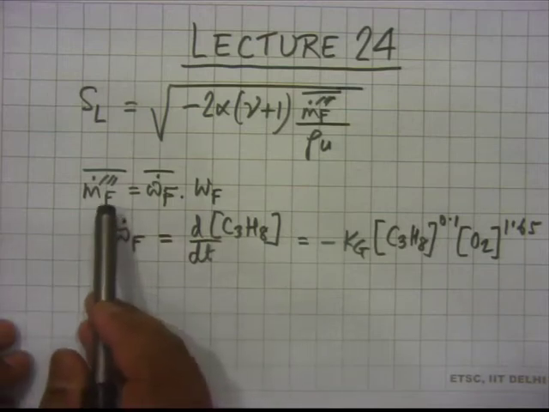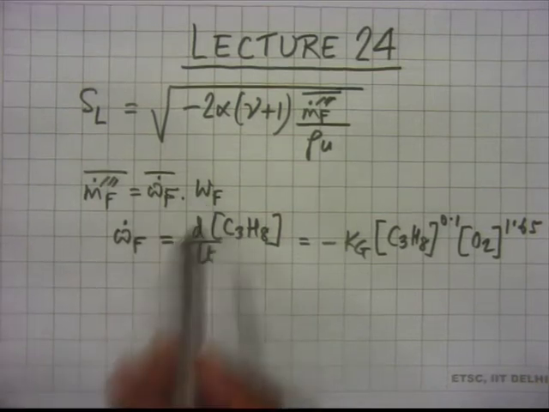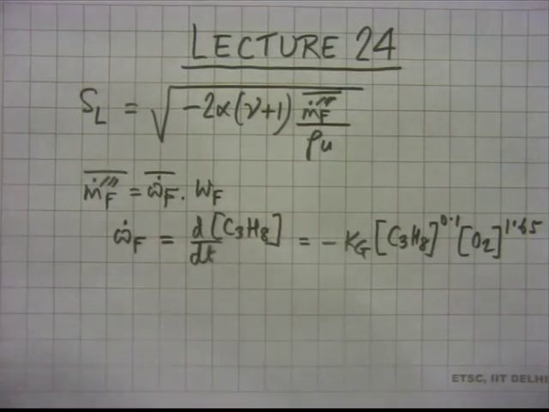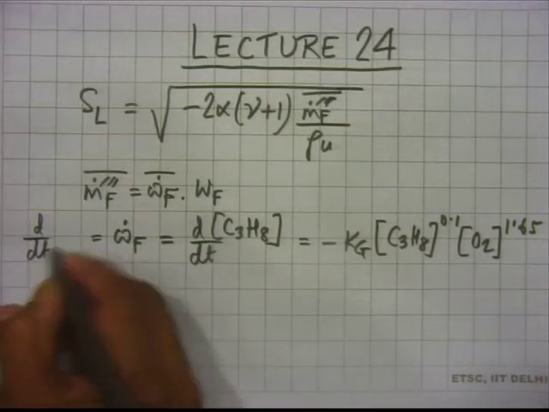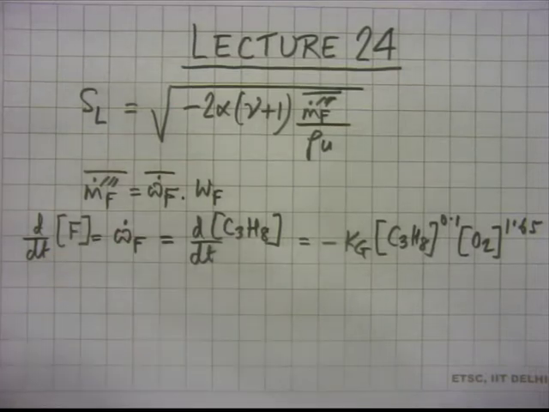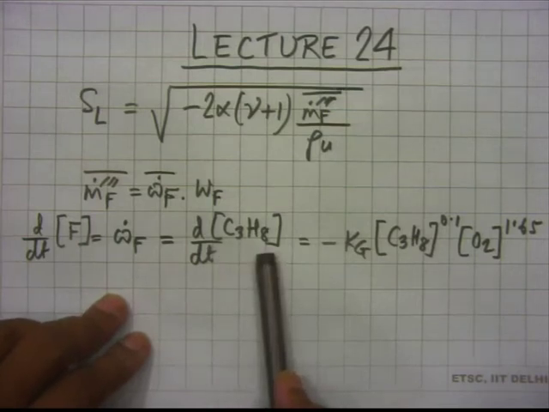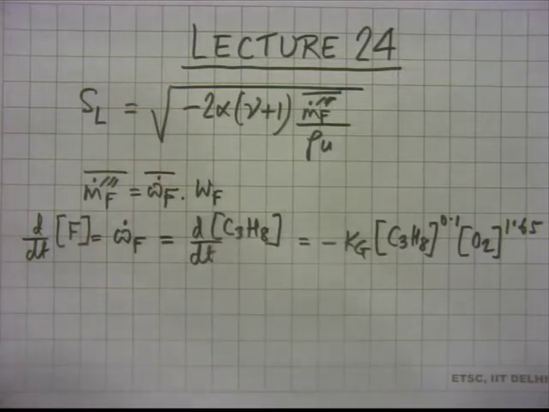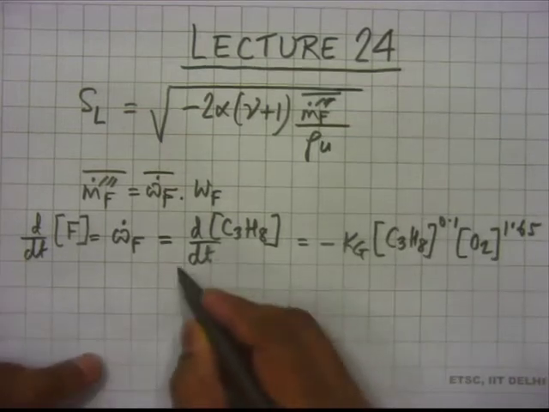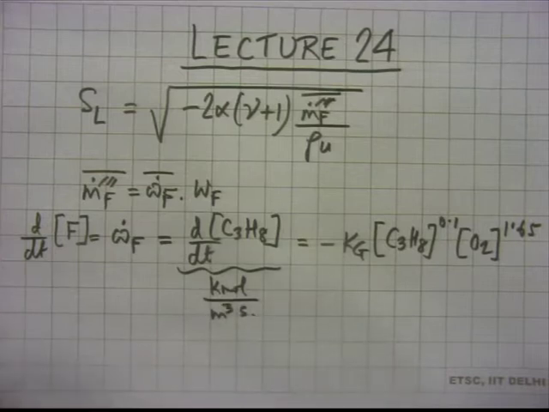on this. m dot f triple prime bar is omega dot f bar into W_f. Now, omega dot f is the reaction rate of the fuel, and that is actually d/dt of concentration of fuel. And just as a specific example, I wrote d/dt of concentration of propane C3H8. So, remember C3H8 when written in square brackets will imply its concentration. Okay, so, it is kilomole per meter cube sort of thing. So, this will be kilomole per meter cubed second, because it is a rate,